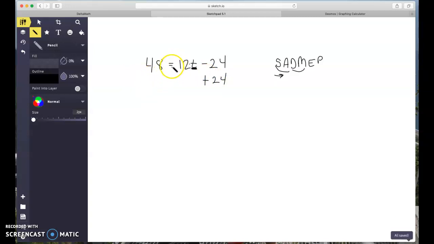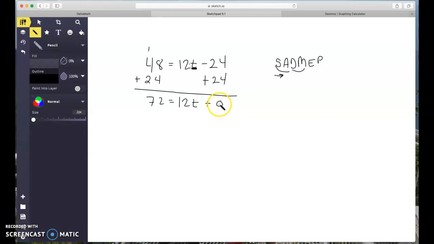And if I do it to one side of my equal sign, I have to do it to the other side of my equal sign to keep my equation balanced, right? So I'm going to do 48 plus 24. Let's see here. 8 and 4 is 12, 4 and 2 is 6, plus 1 is 7. And then I've got 12t, negative 24 plus 24 is 0, and you don't have to write that plus 0, but it's a